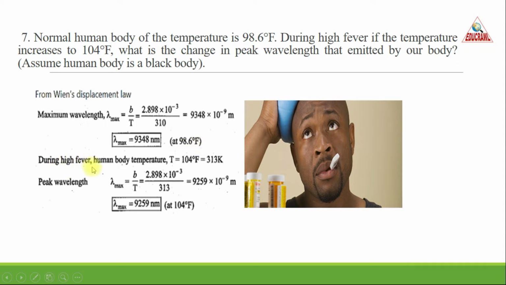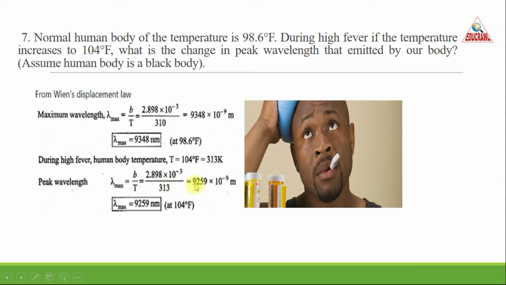Now during high fever, the temperature is 104 degree Fahrenheit. Once again, you have to convert this 104 degree Fahrenheit into Kelvin, which is given as 313 Kelvin. Now for this, we will find the wavelength using Wien's displacement law. Lambda max is equal to B by T. B is a constant, which is 2.898 into 10 power minus 3, divided by the temperature, which is 313